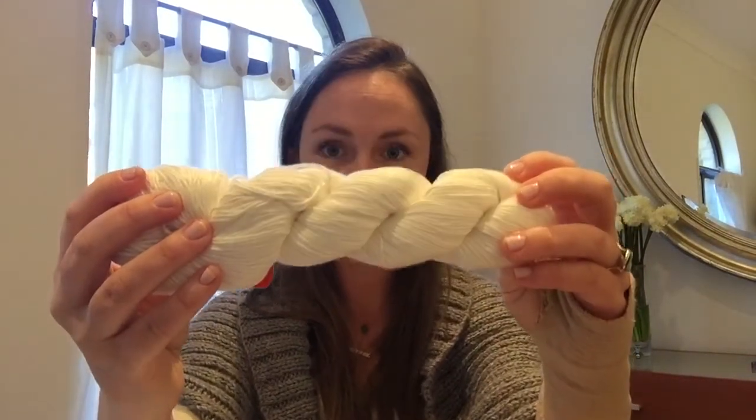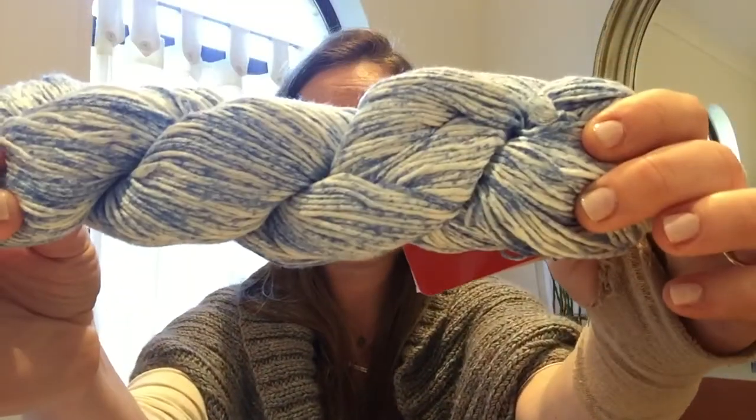So this kit, it has 4 balls of Fetza Baby, just says Baby is the name of it, hand dyed. It's a DK weight, 50% bamboo, 50% cotton. They're 100 gram hanks, and they have 220 meters in each of them. So there is a white, there is a light speckled blue, then there is a dark speckled blue, and then there is a solid blue. So it's a variegated set, and it originally was put together to make a baby blanket,